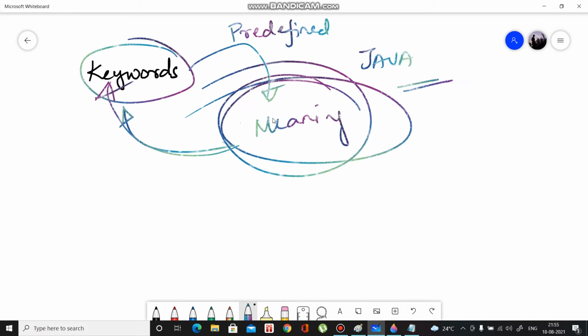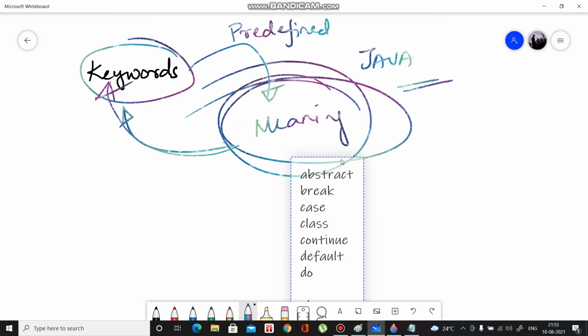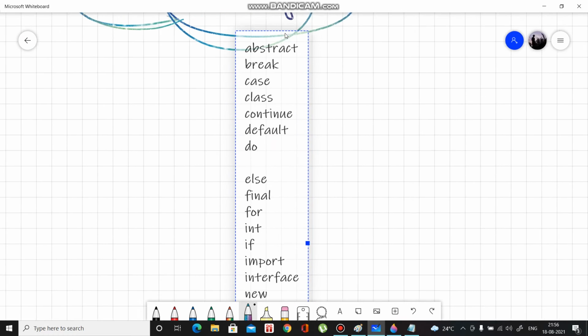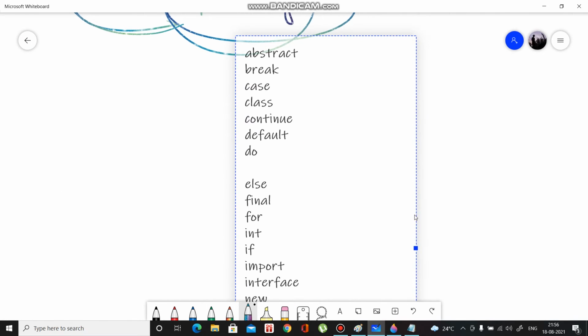So these all are particular keywords, some of the keywords which have a predefined meaning.